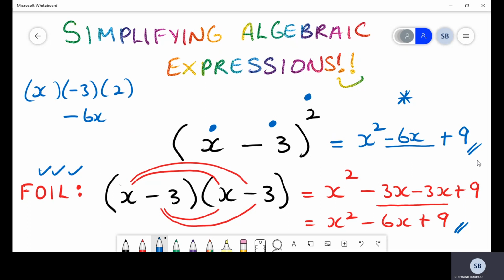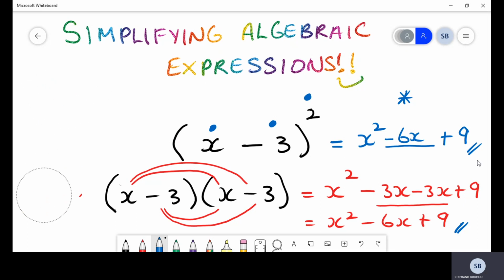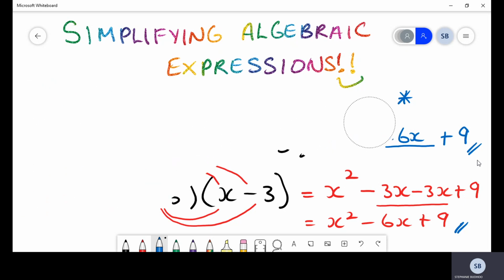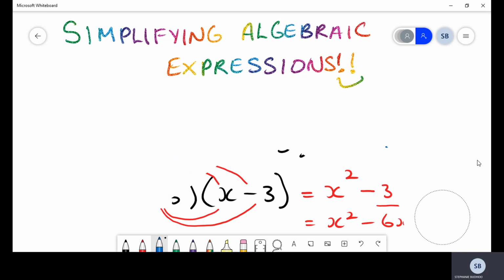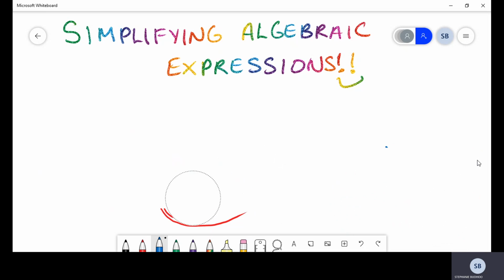Okay, guys, so let's get into some real tutorial questions here, shall we? So one of the first questions on the tutorial sheet entails the FOIL method. And what I'll suggest you guys could do while I am doing tutorial questions, you can try your best to work along with me and see if you can perhaps get the answer out before I do. Okay, guys, so there we go. So our first question is,